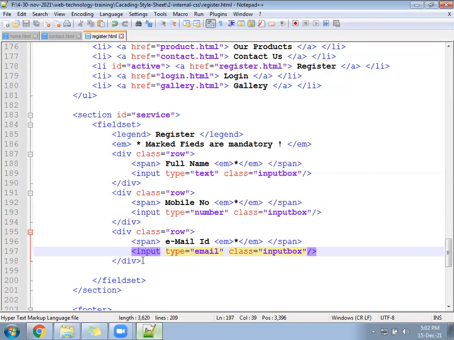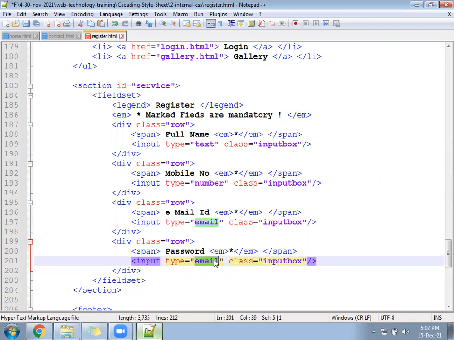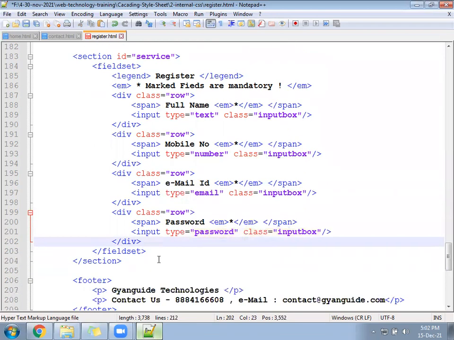Password. Create a password field. Password. Next, write one more tr.